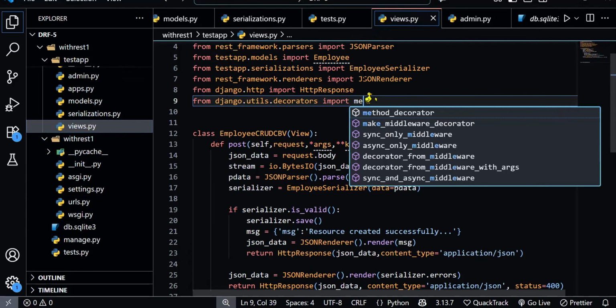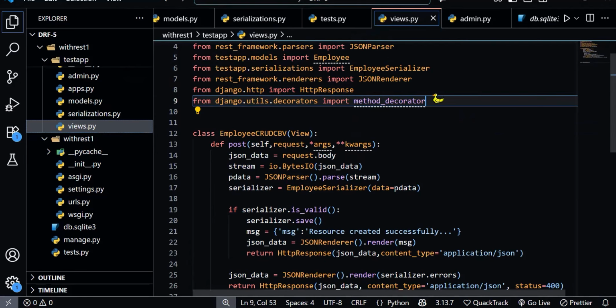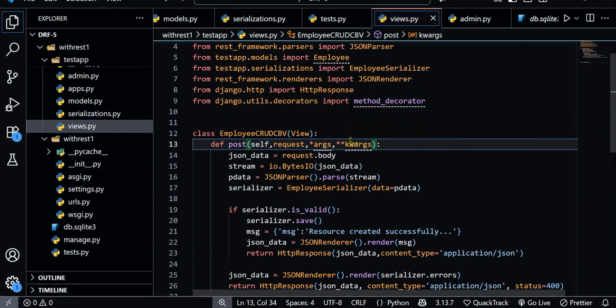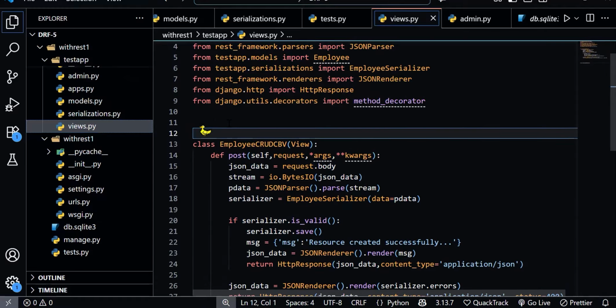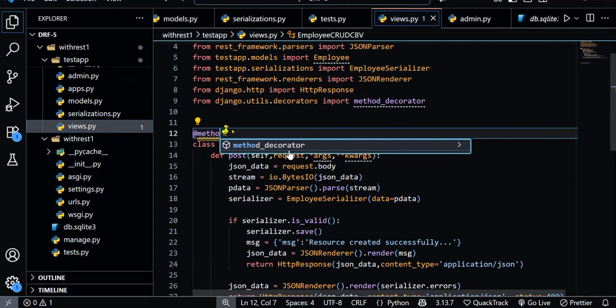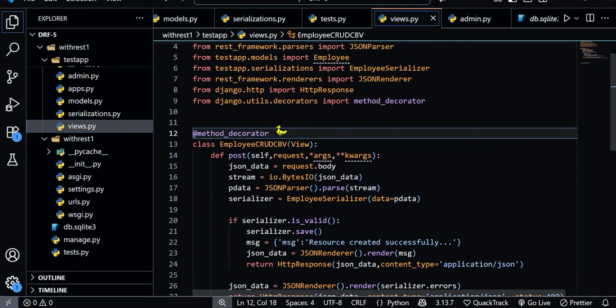Import what? method_decorator. Right. Now this decorator method we have to apply on this class. So how to apply? A decorator starts with @method_decorator,